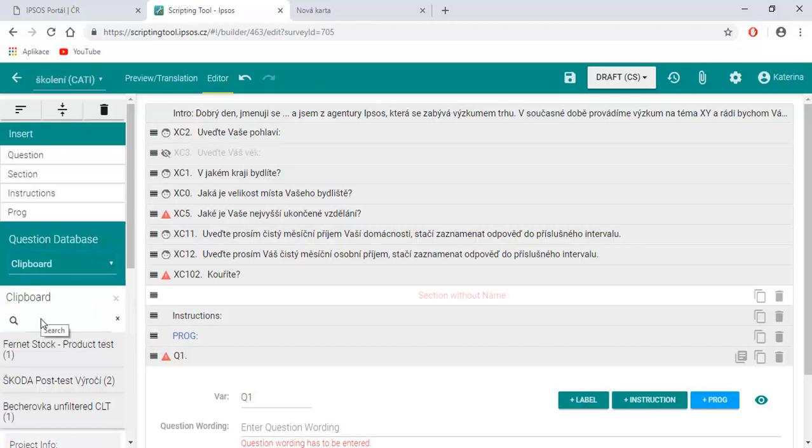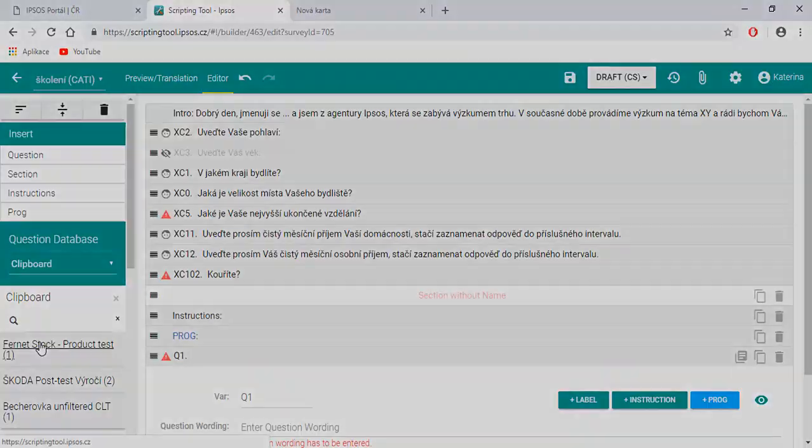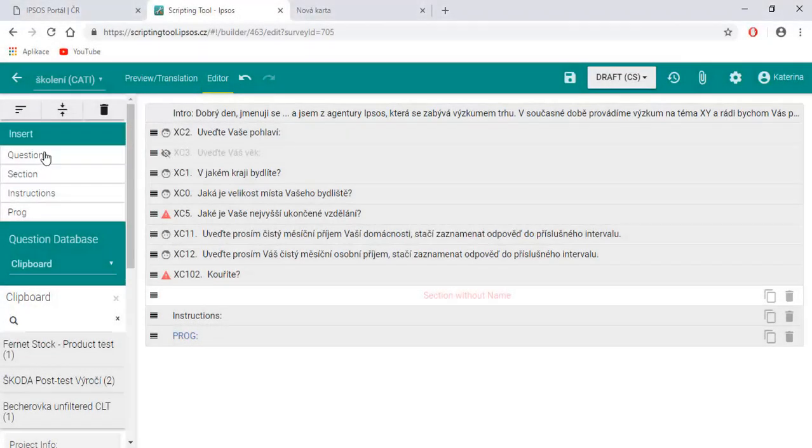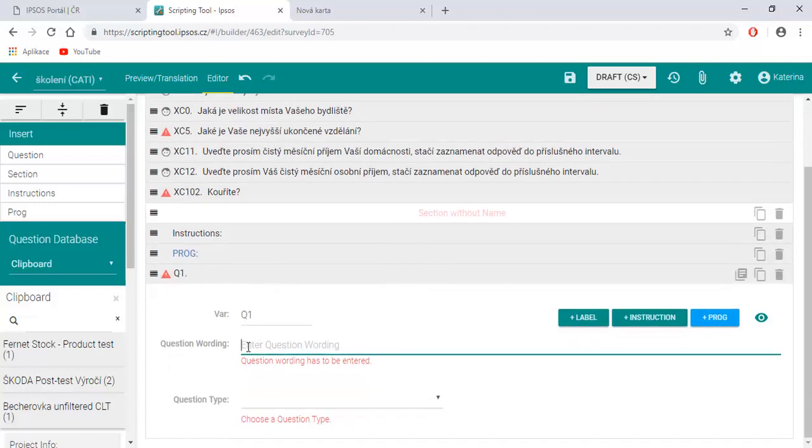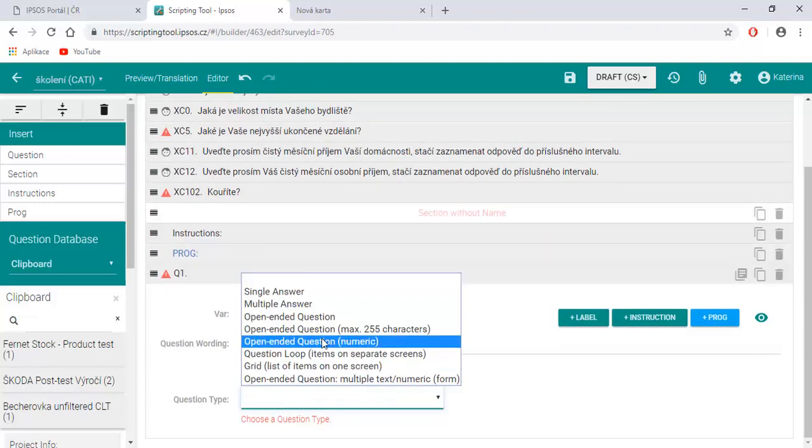The clipboard serves as a temporary local repository. Any saved questions here will only be available on your specific computer. After adding a new question, it is always necessary to state its wording and to determine what type of question